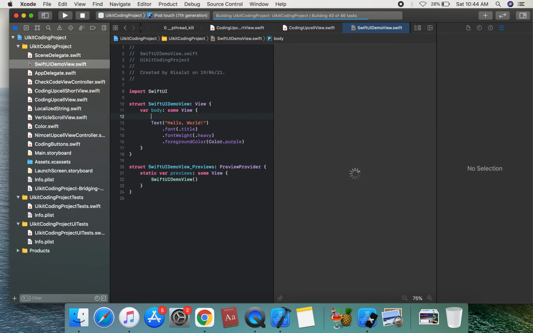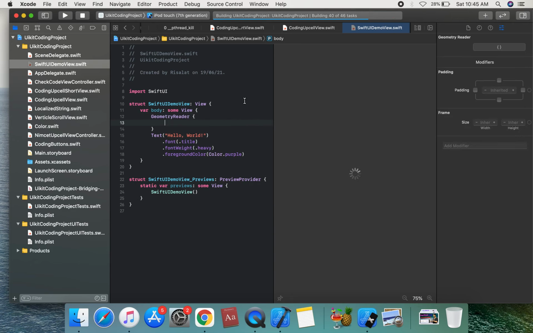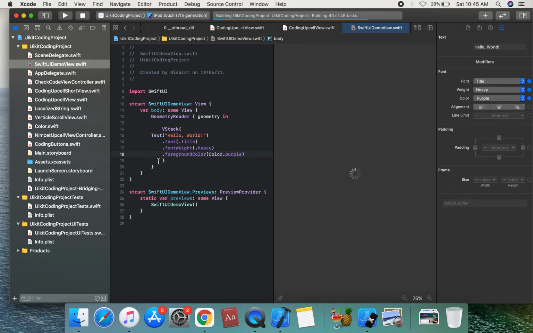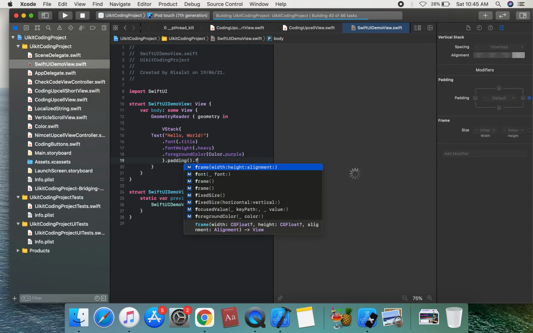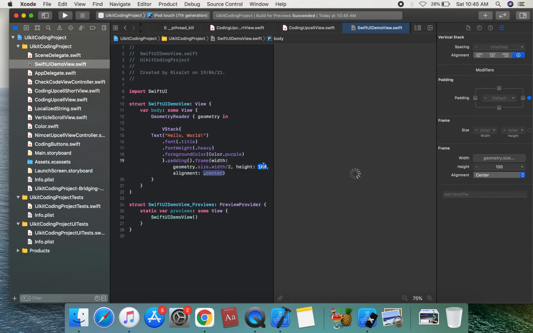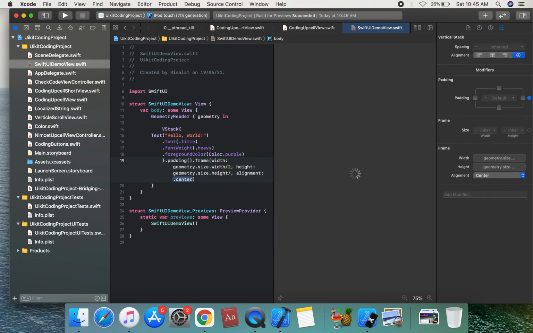Suppose we create a GeometryReader. With it we can get the height and width of the display dynamically. Using geometry in, we're going to apply a VStack with dot padding and dot frame, with geometry.size.width and geometry.size.height, dividing the UI into four parts.